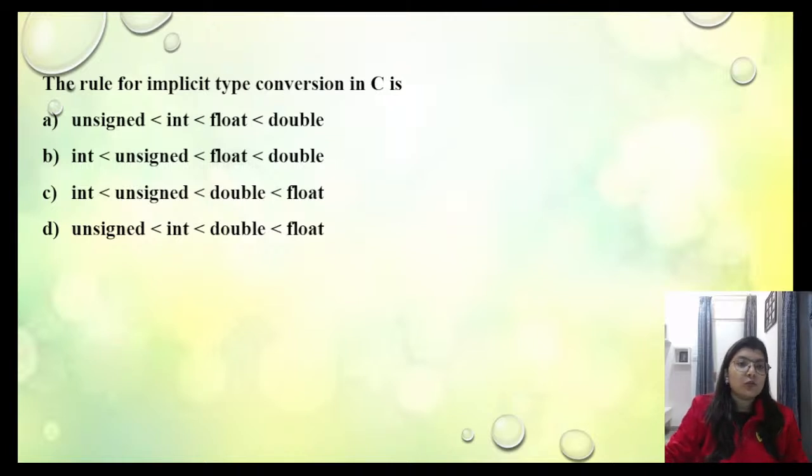Okay, the rule for implicit type conversion in C is... Implicit type conversion means the type conversion that is done automatically. So the rule for implicit type conversion in C is,